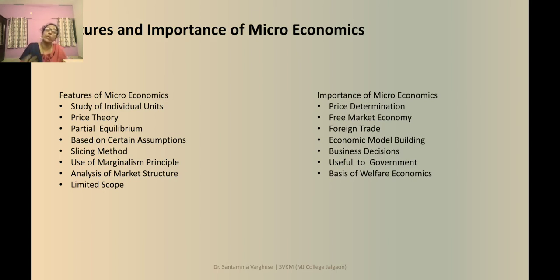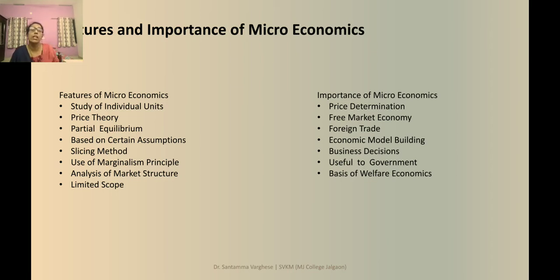What are goods? Different commodities. Services means the work we are doing for society. Different works are given different prices. So we study each individual factor and the individual price of the factors of production. In the scope we studied the factors of production: land, labor, rent, wages, profit, interest, all this comes. So that is the price theory. When we study macroeconomics, we have to study the different prices.